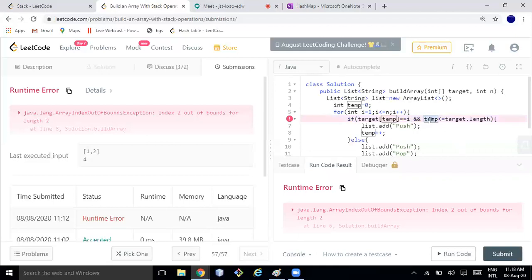Still, temp target dot length, index 2 out of bound for length 2. Anyone? How to fix this one?